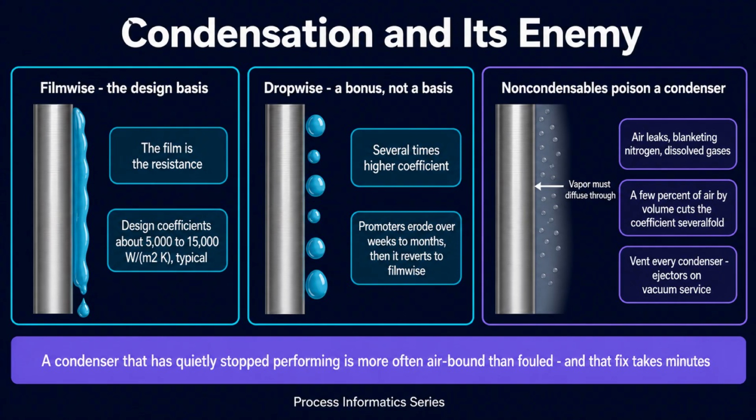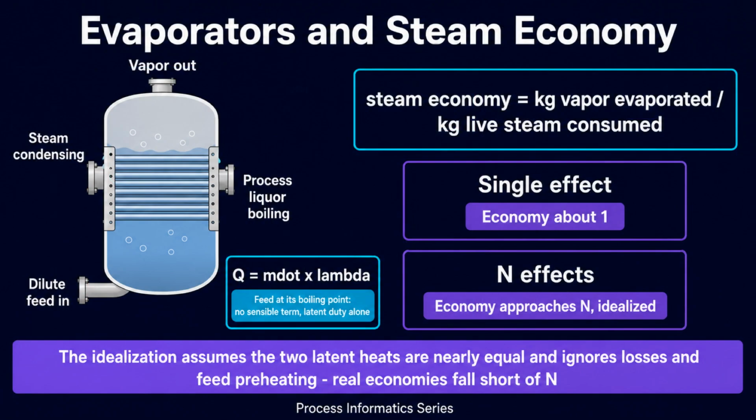geometry and condensate loading. One contaminant destroys all of this: non-condensable gases, meaning anything that will not condense at operating conditions. Only the vapor condenses, so they build up in a stagnant layer through which incoming vapor must diffuse, and diffusion is slow. A few percent of air by volume can cut a condenser's coefficient severalfold, hence the vent on every condenser. An evaporator concentrates a solution by boiling water out of it, and it is both previous sections in